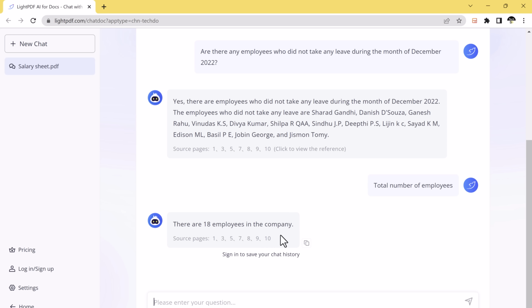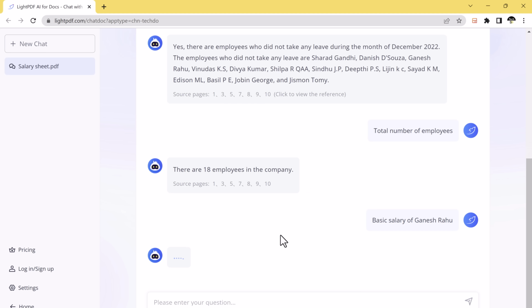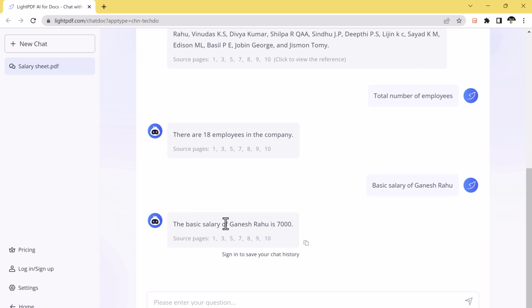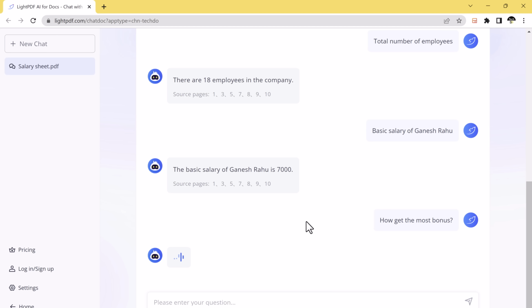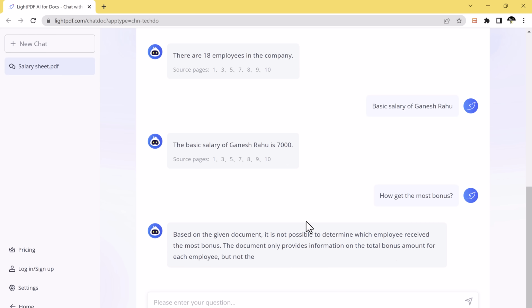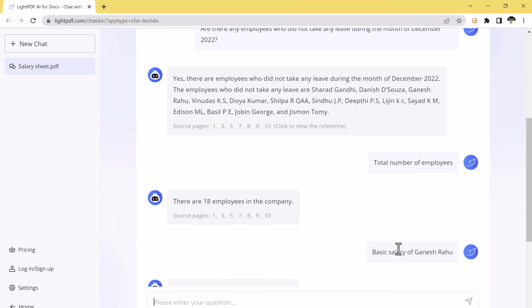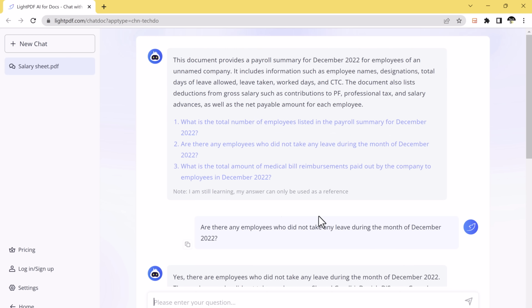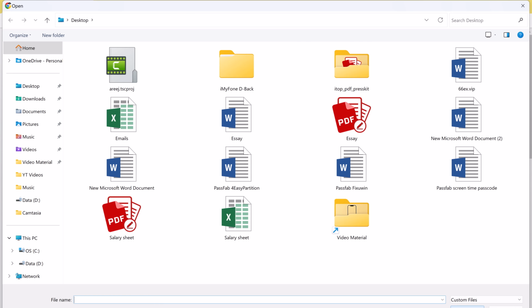And for example, if I ask it the basic salary of Ganesh Rahu, it is telling me the basic salary of Ganesh Rahu is 7,000. So you can ask the question according to your requirement. You can also start a new chat with it, or you can also visit the old history. For example, if I click on new chat and upload another document,